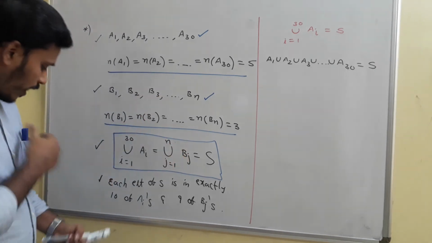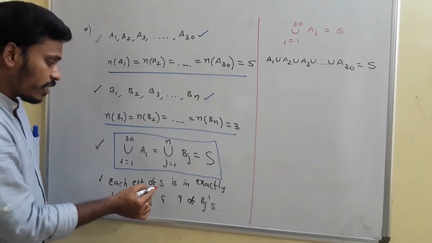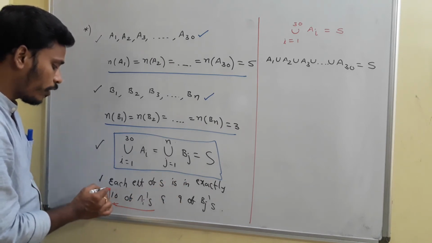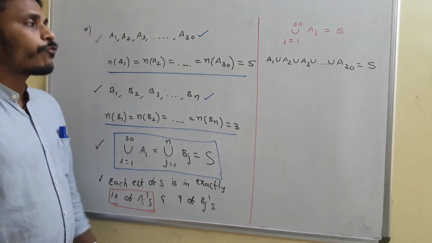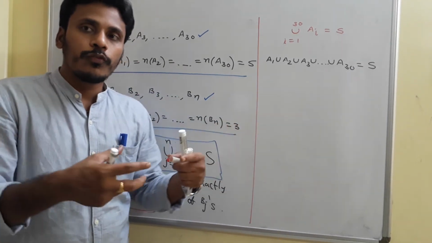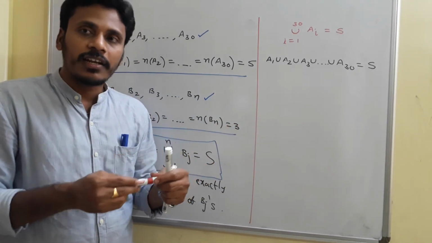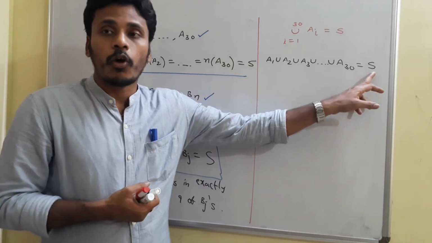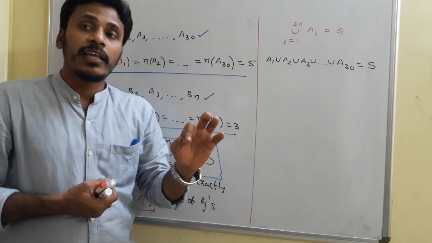But it is given one condition, one restriction, that each element in S is in exactly 10 of the Ai's. That's what you need to identify. If you unionize all these 30 sets, you will get S, and if you take one element of S, that element must be contained in